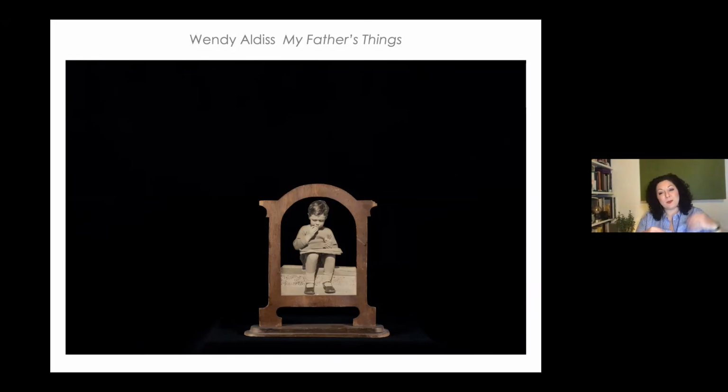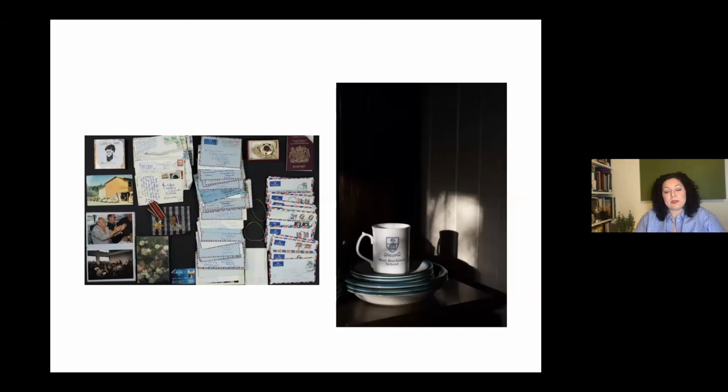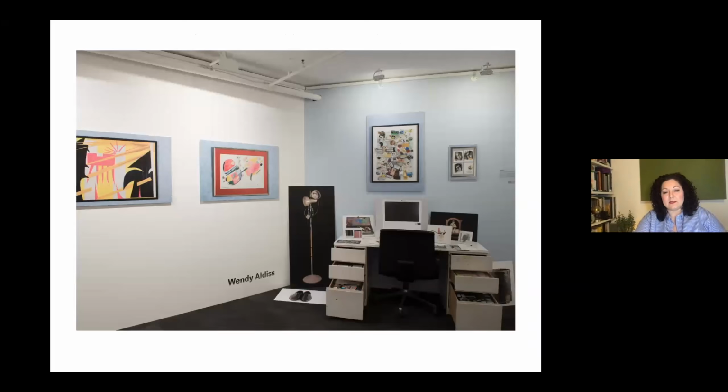But how we had to approach the space was very different than maybe approaching a book. So in the book and in the body of work, you see lots of multiple objects like here, but you also see wonderful shots of the house and the things in it, the light.